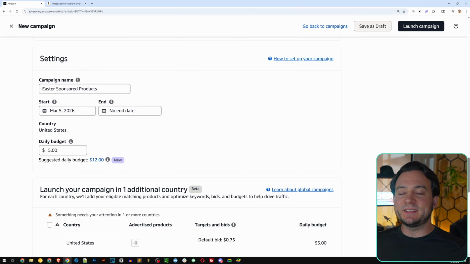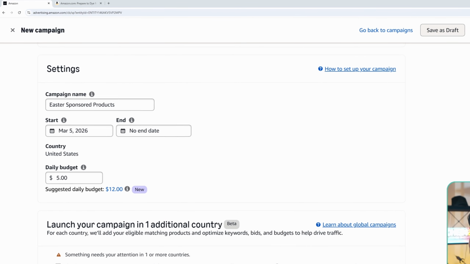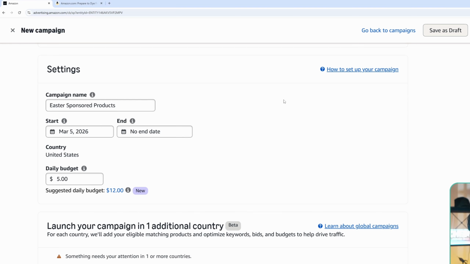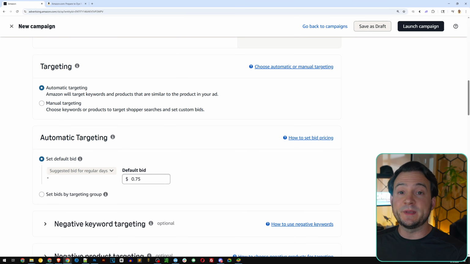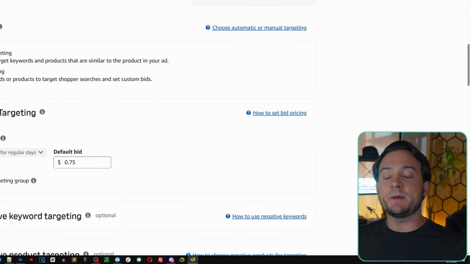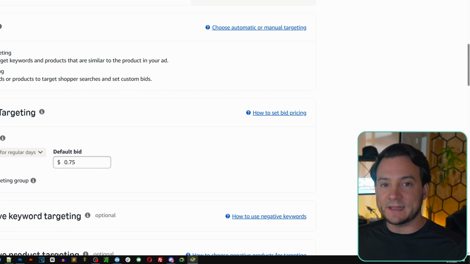Before we launch, let's quickly review the setup. We selected sponsored products. We gave the campaign a clear name right here. We set a daily budget. Currently, I set it at $5. Amazon actually suggested we consider upping it to $12, but we don't have to. We chose automatic targeting up here under targeting because it's the most beginner friendly, and I'm not trying to scare anybody away if you've never launched an ad campaign. Trust me, it's easier than you think. This type of setup helps you get started and quickly launch an ad campaign